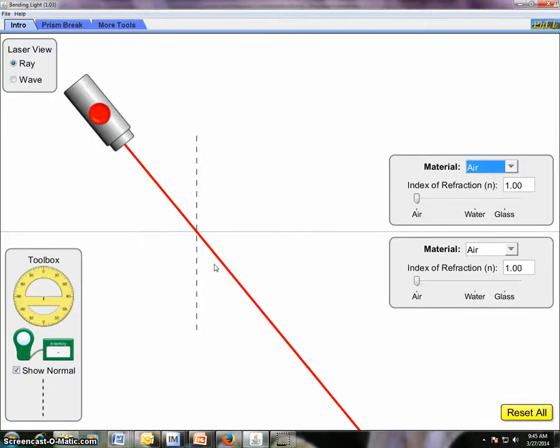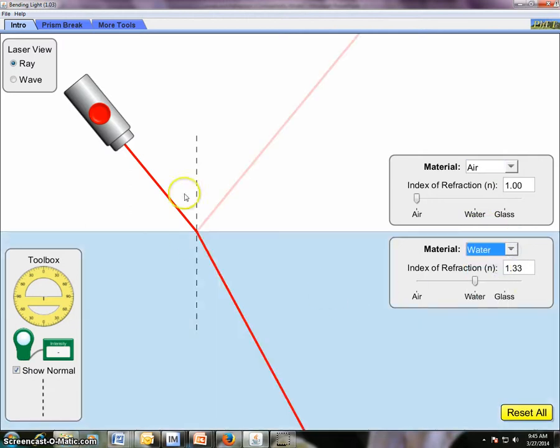So in this video I'm going to continue to talk about refraction. Here you can see I've got the laser again and it's striking this interface or this surface, and we have our normal line here, and the index of refraction is the same, but let's say I change it to water. You can see that the index of refraction is higher, so the light slows down and it bends towards